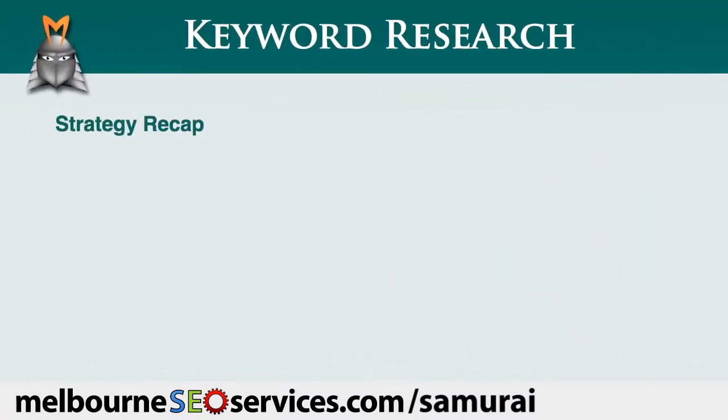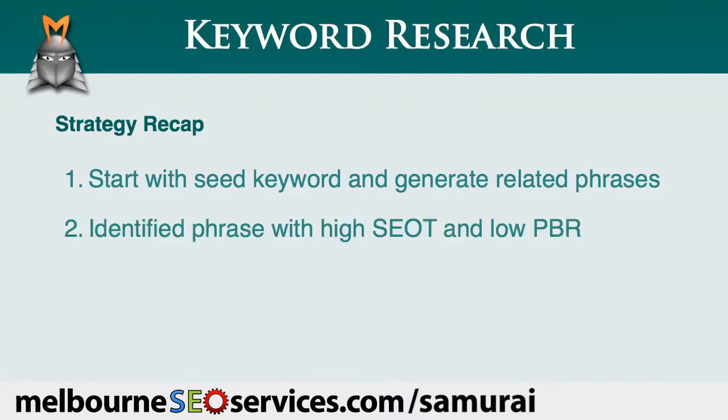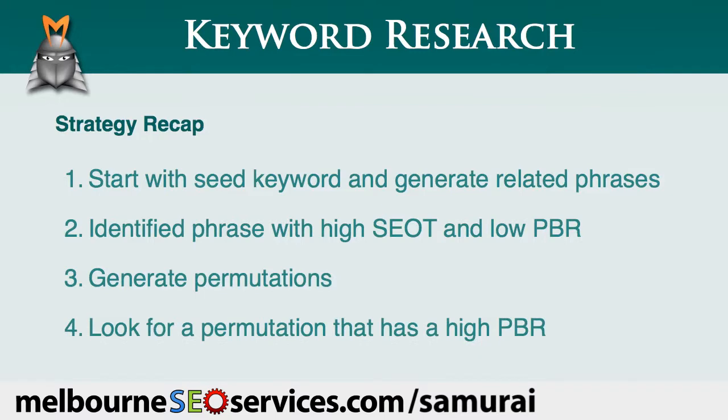So let me just recap what we've done here. We started with the seed keyword dog training and generated a list of related phrases. Next, we dug a little deeper and identified a phrase that had high traffic and a low PBR value, which was dog training obedience. We then generated the permutations of this phrase and discovered that one of these permutations had